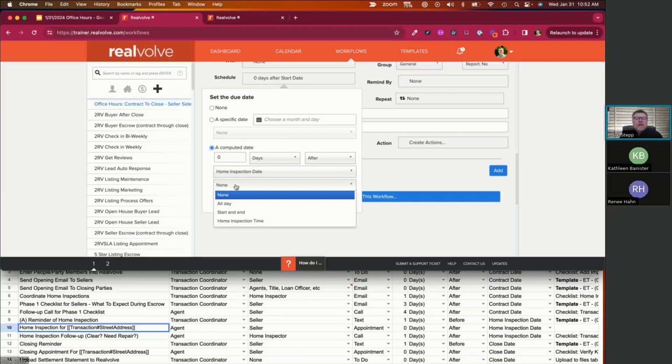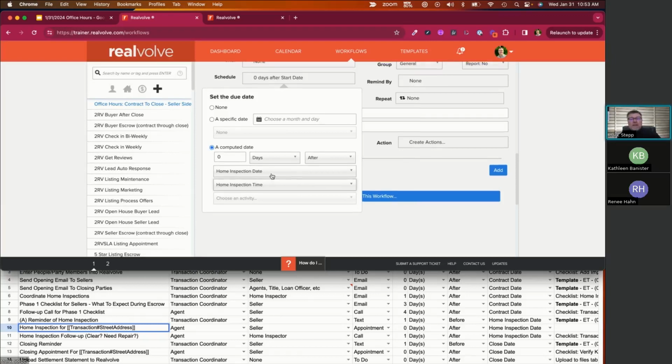So the next little drop down here is, is this an all-day activity? Is this where we would add a start and end date? Well, your inspection dates don't always happen at the same time, so that doesn't really make sense. But because we are doing this as part of the home inspection date, we do have a field called home inspection time. So we can go ahead and assign it that. So whatever time is associated in the database then becomes the time of this activity, which is really important because you may not know the time whenever you start the workflow. You may know certain things about it. You may not even know the inspection date, but at some point in there, you should know the inspection date